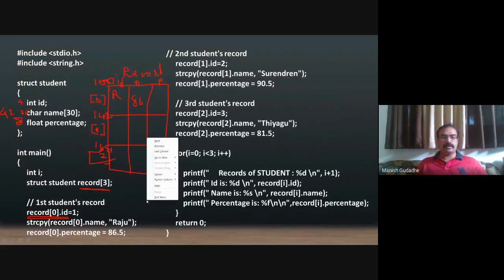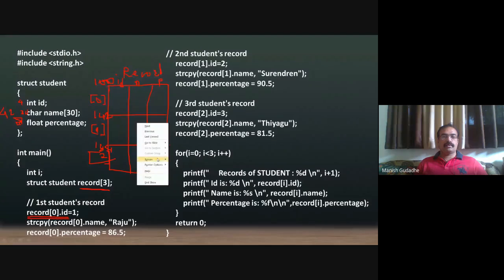I have made a mistake here. Record ID will be 1, its name is Raju, and 86.5. Similar to this will be the other record with record number 2. Surendran will be the name, and 90.5 will be his percentage.